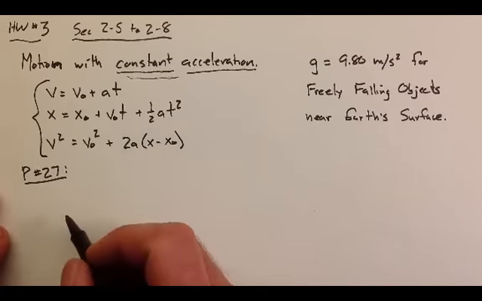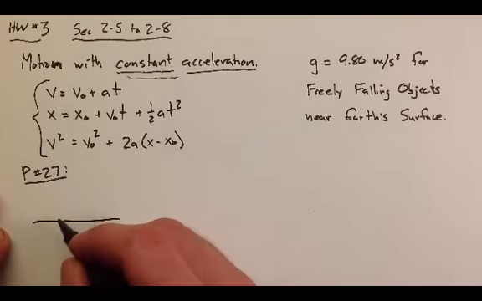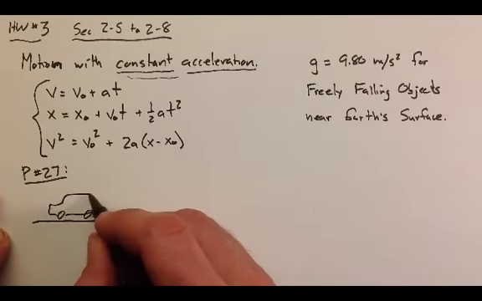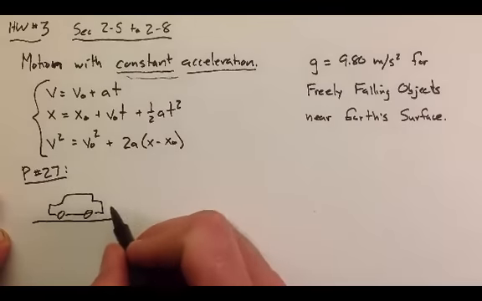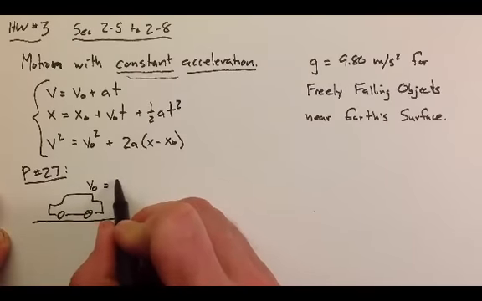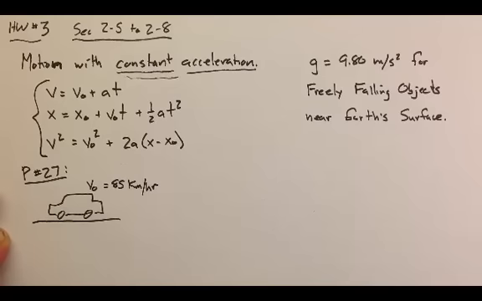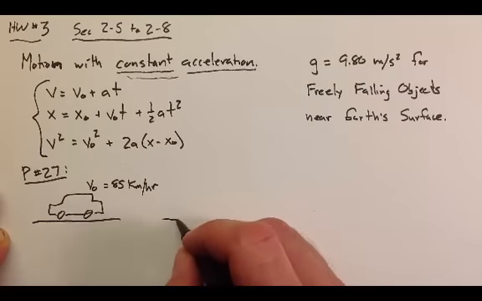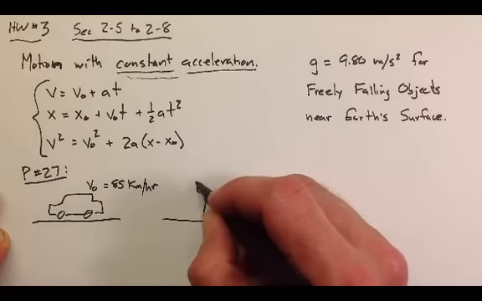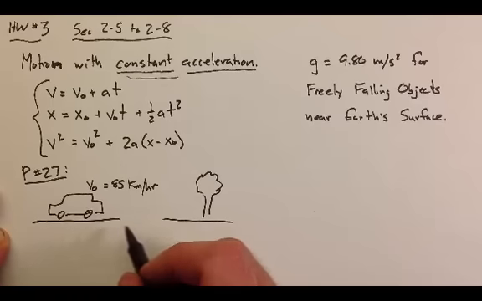And the problem is number 27. And the problem, as I read it, goes something like this. I have a car, and I'm driving along in my automobile here. And the car initially is traveling at 85 kilometers per hour. And then, that's kind of the before, so this is my initial conditions, and then